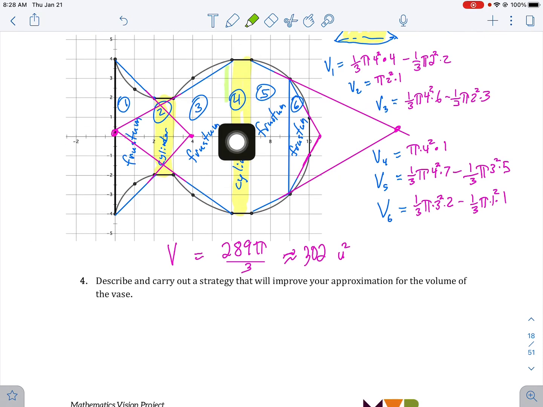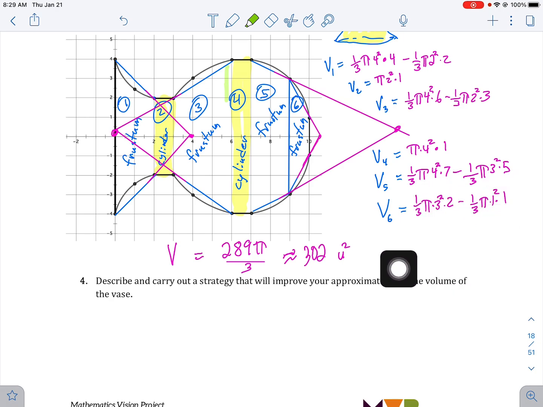The next one, the cylinder, is pi r squared times h. The next one, we have a frustum, which we extend. You can use different methods, but I went ahead and estimated what the height would be. You could figure it out using the scale and get a more accurate one, but I extended the segments until they intersected, and then I looked at the distance. Same thing, the volume is 1/3 pi r squared h, minus the small cone that's missing, which is 1/3